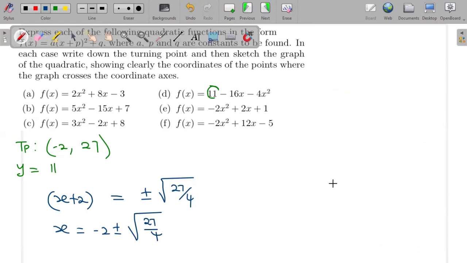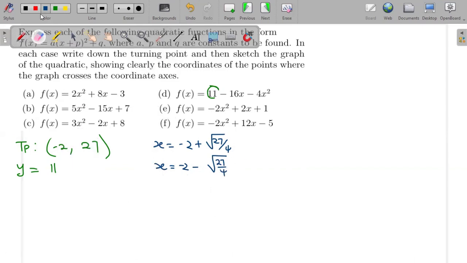So I'm going to say x, okay, let me write it here. x is equal to minus 2 plus root of 27 over 4. x is equal to minus 2 minus root of 27 over 4. Okay, so we have to find the approximate values for these. So this one will just be what? So we have minus 2